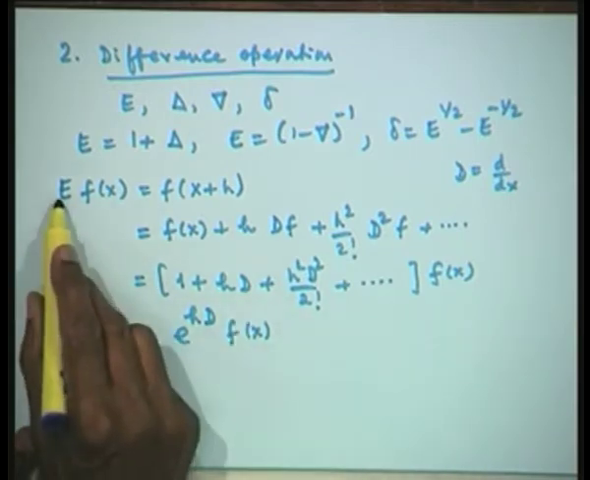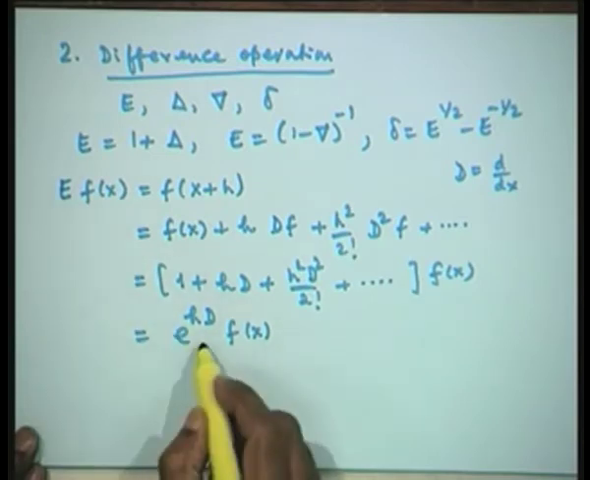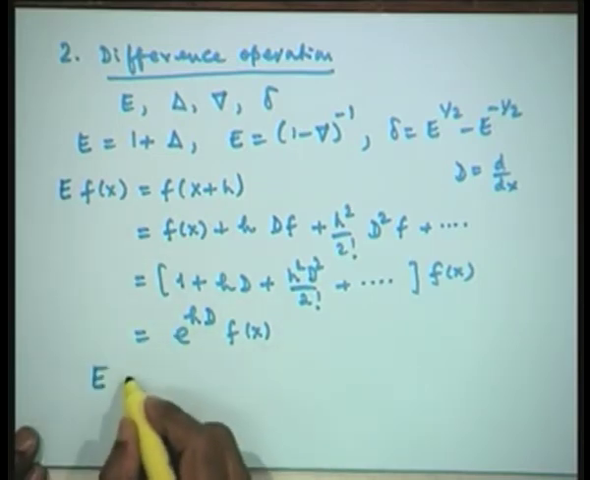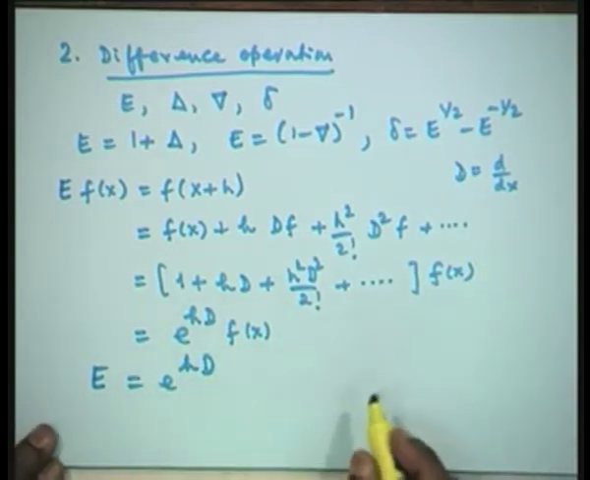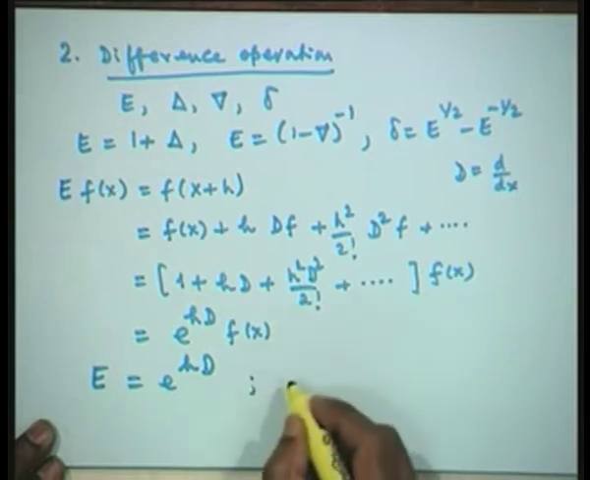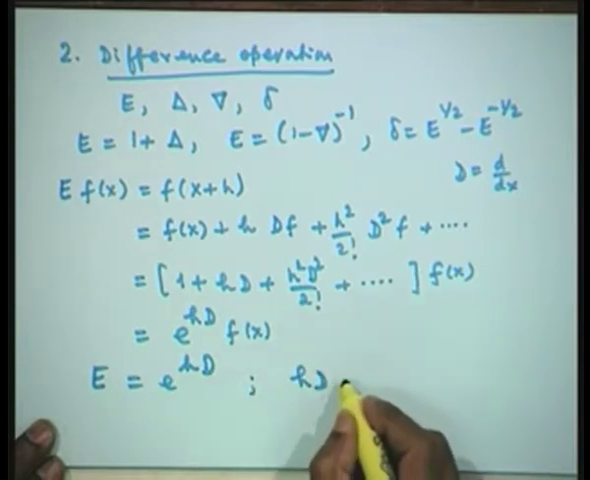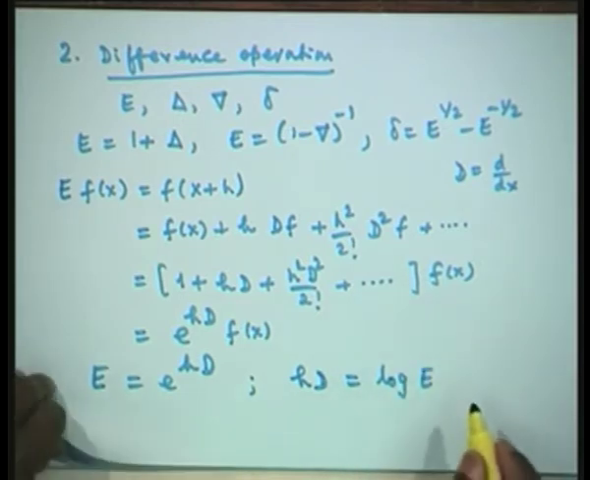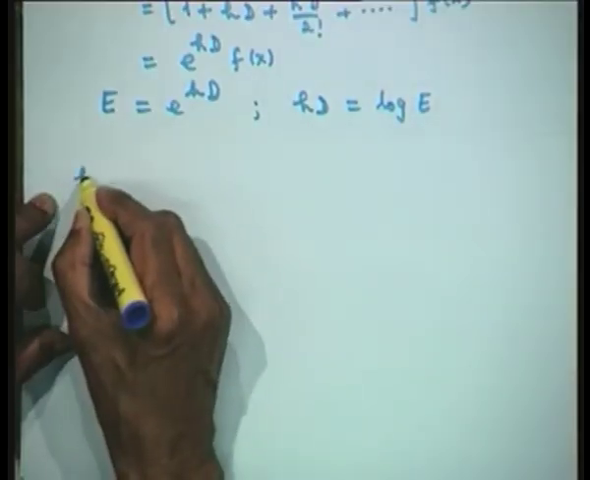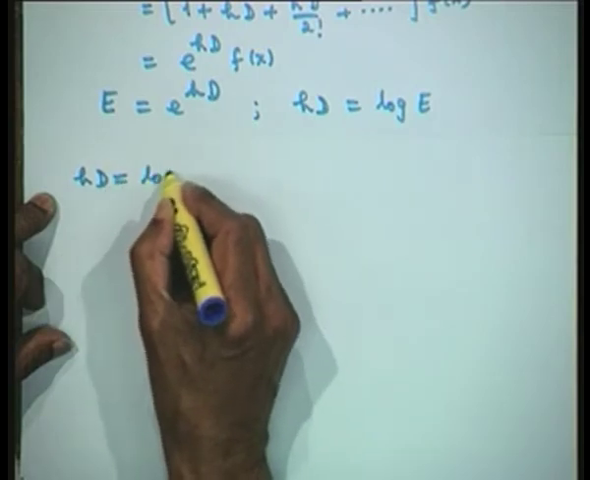Therefore, the operator E must be equivalent to the operator exponential of hD. Therefore, the operator E is equivalent to exponential of hD, or if I take logarithm on both sides, hD is equal to log of E. Now, it is this that would give us the formulas that we have derived here. So my starting point is here. I take hD is equal to log of E,